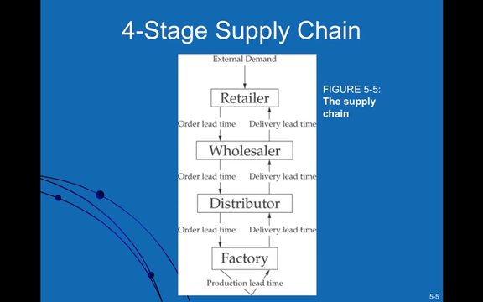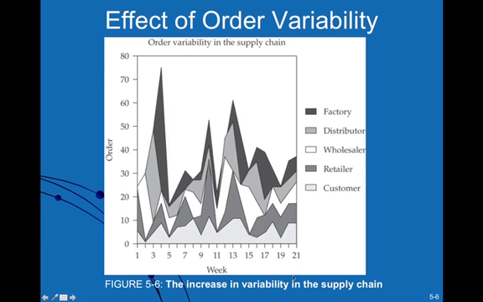So in other words, as we go from the retailer back to the factory, as we go backwards here, we'll begin to see higher levels of inventory as we go backwards towards the factory. All right, and it's quite an interesting phenomenon. I don't know if we could see this very carefully here. Here's customer demand on the bottom, and then we begin to see changes in the retailer orders, and then we look at the wholesaler's orders next in white.